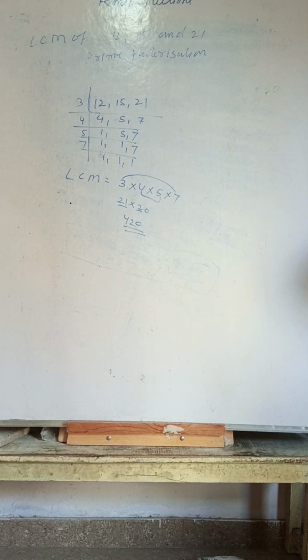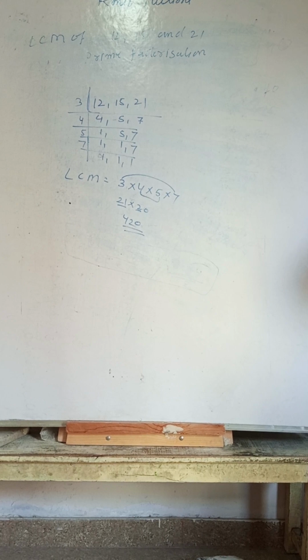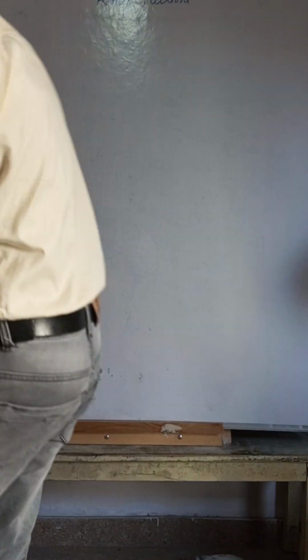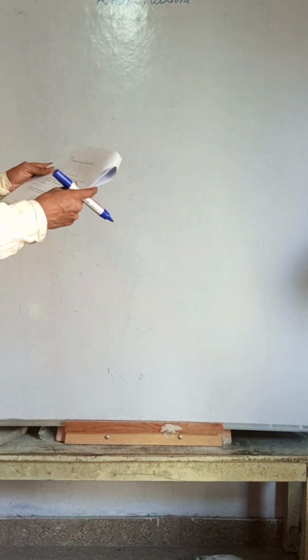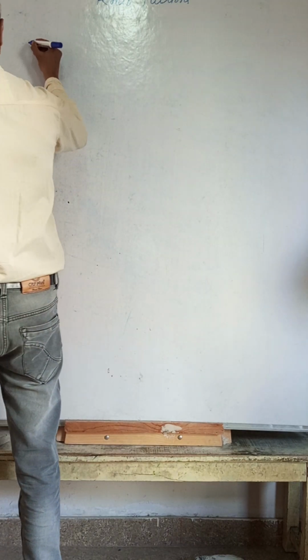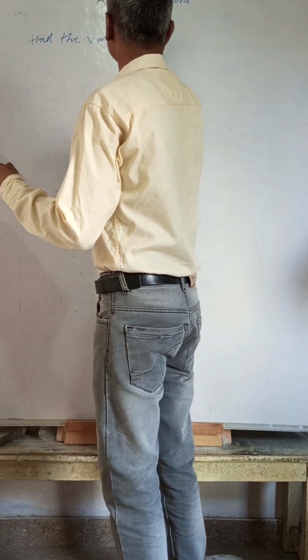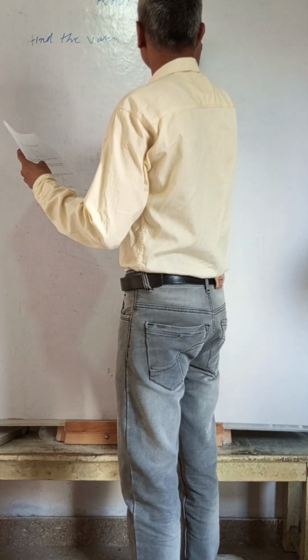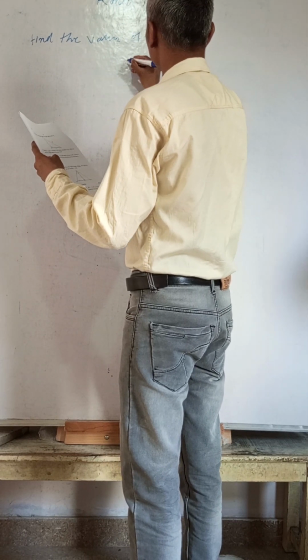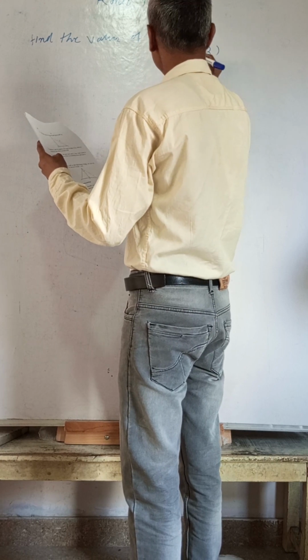Now we are going to question number 21, which is given here. Let me clean the board first, because it has become a little blurry. Now, question number 21. It is given: write the values of sin p and sin (90 minus r). Find the value of sin p and sin (90 degrees minus r).